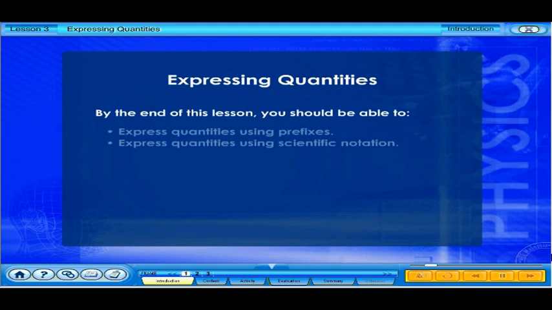By the end of this lesson, you should be able to express quantities using prefixes, express quantities using scientific notation,